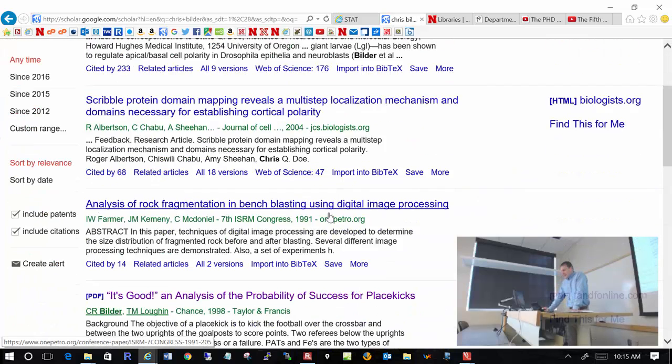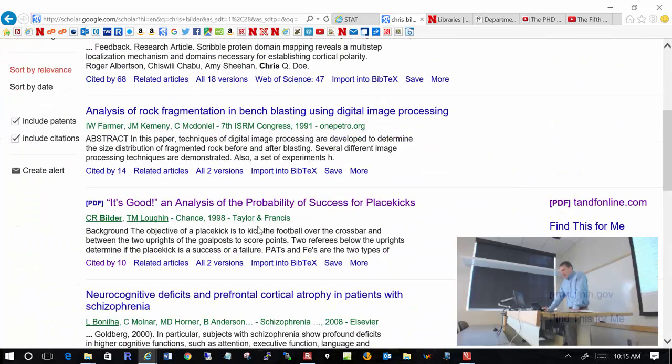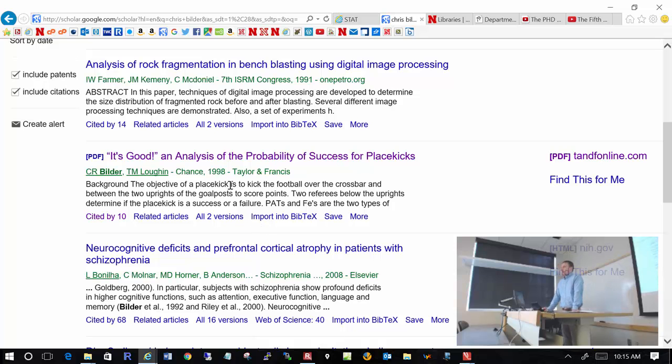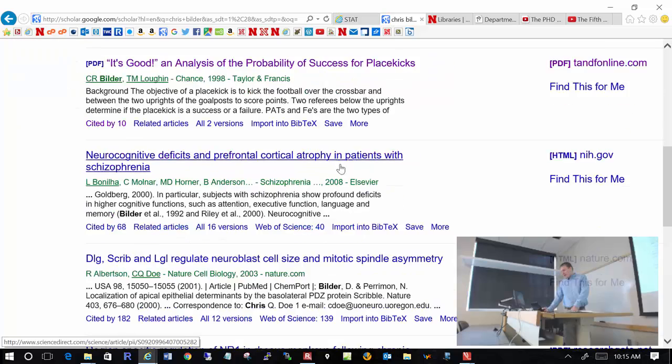It takes me a while to get down to eventually here, where I get to my very first paper, actually my very first paper I ever wrote, about field goal kicking back in 1998. Odd that that one would come up, considering that's probably the least amount of research that I did for any paper. And if we keep on going down here,